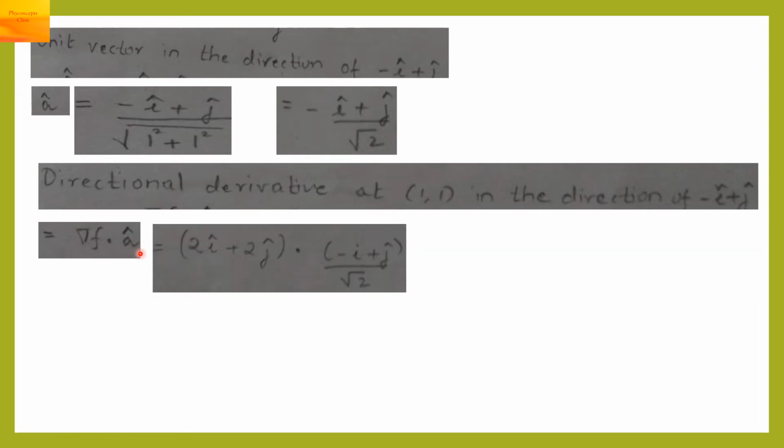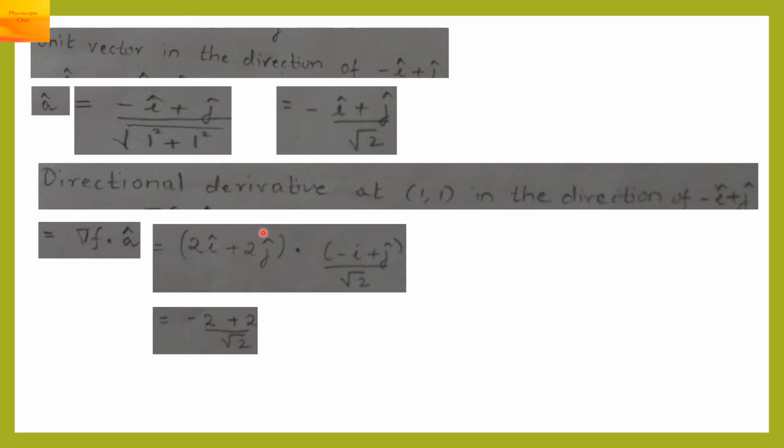So we substitute the gradient of f which we have derived in the earlier slide, that is 2i cap plus 2j cap, dot this unit vector, which is substituted here, and now we have to take the dot product. So the dot product will be this, 2i cap dot minus i cap. So i cap dot i cap is 1. So we get minus 2